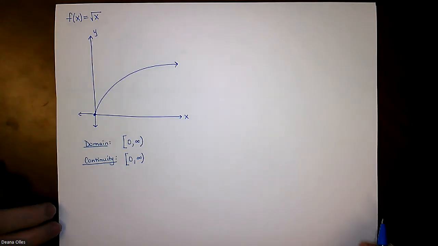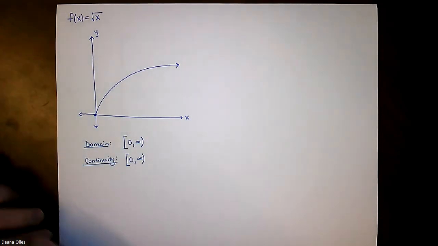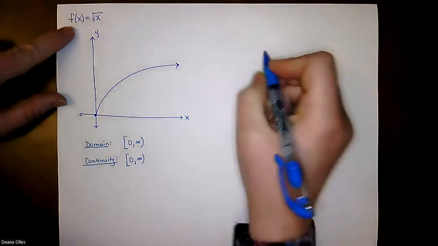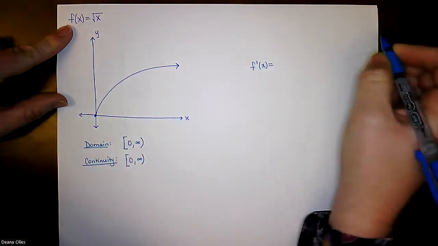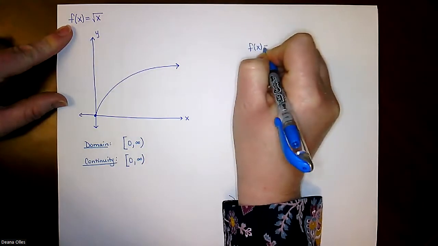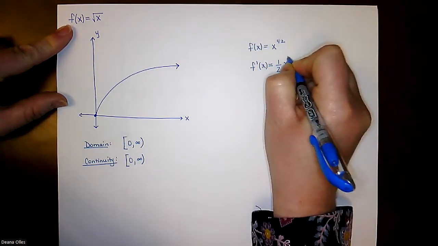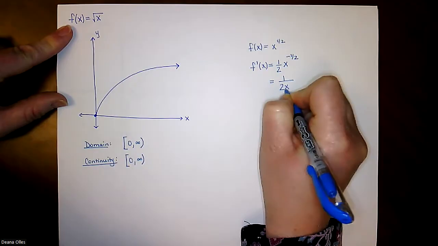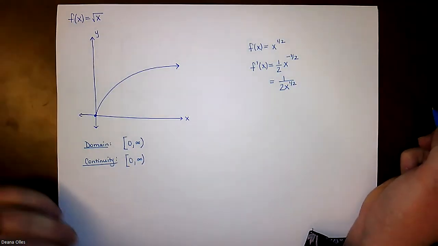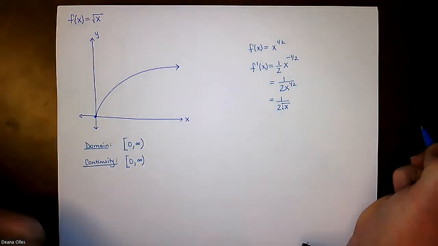Okay. Now, where is the function smooth and continuous? Now, this one might be a little tricky because is a function smooth at an endpoint? Not necessarily. So instead of jumping into differentiability, let's go ahead and take the derivative of our function. We should first rewrite it as x to the 1/2 power. And using the general power rule, we'll have 1/2 x to the negative 1/2 power, which we can rewrite as